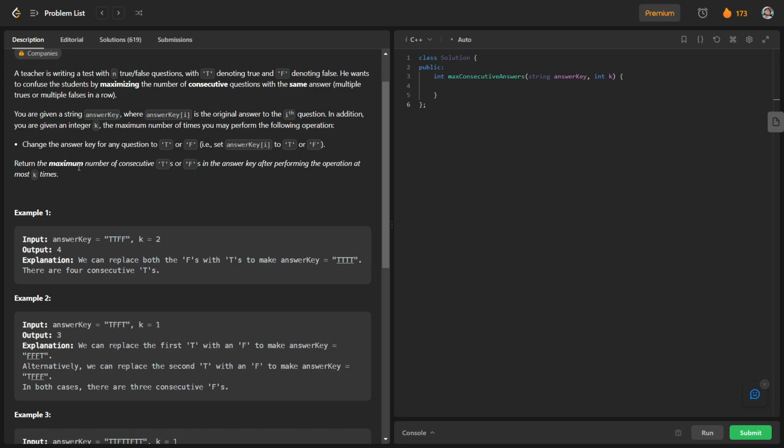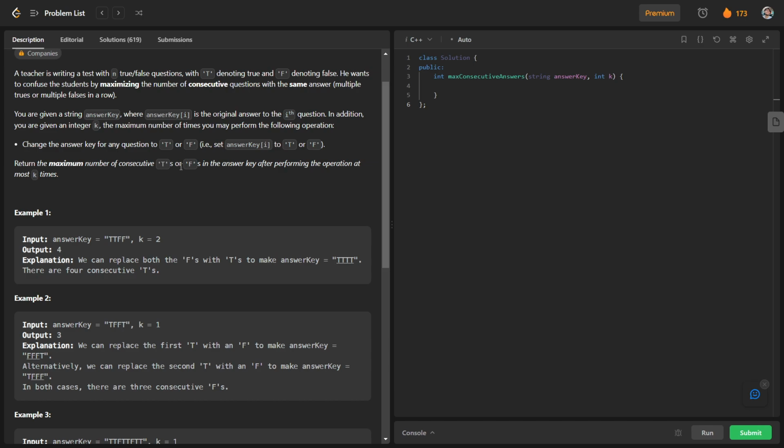After that, we have to return the maximum number of consecutive T or F in the answer key after performing the operation at most k times. So basically we have to perform this operation at most k times, and we have to return the maximum number of consecutive T or F for the answer key.